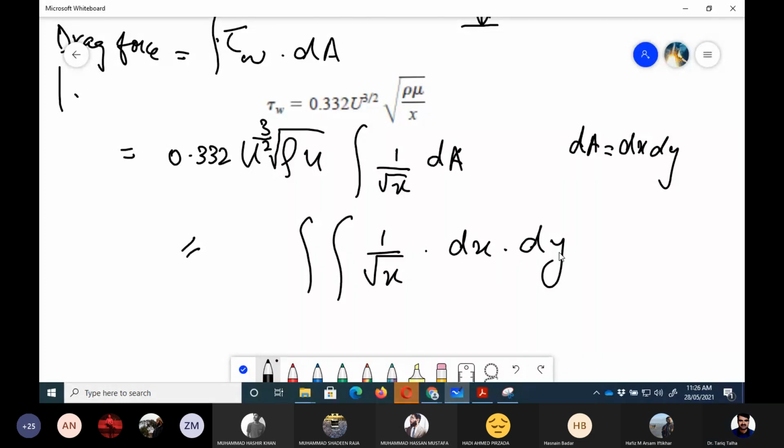And the limits are x equal to 0 and x equal to 0.5, based on the slope. Then for y, we say y is equal to 0 and y is equal to 0.5 minus x. That is the limit for y. And now what can we do? First of all, we need to integrate in y. Because 1 upon x and dx are not functions of y, we can